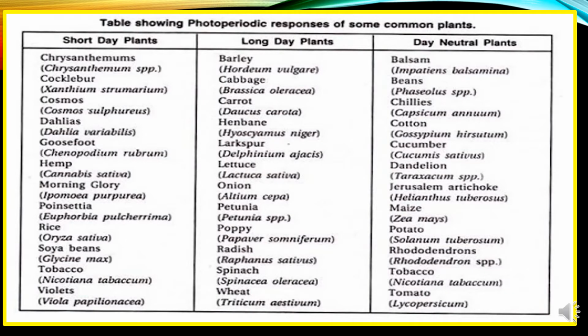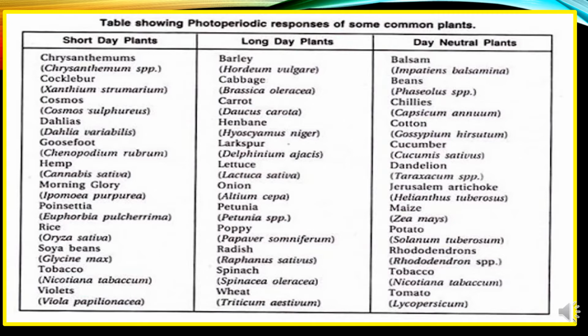Here we will go through the table which is showing the photoperiodic response of some common plants. First, short day plants. There are some important crops like chrysanthemum, cocklebur, cosmos, dahlias, goosefoot, hemp, morning glory, poinsettia, rice, soybeans, tobacco and violets. And out of long day plants, some important crops like barley, cabbage, carrot, henbane, larkspur, lettuce, onion, petunia, poppy, radish, spinach and wheat. And among day neutral plants, some important crops are balsam, beans, chilies, cotton, cucumber, dandelion, Jerusalem artichoke, maize, potato,